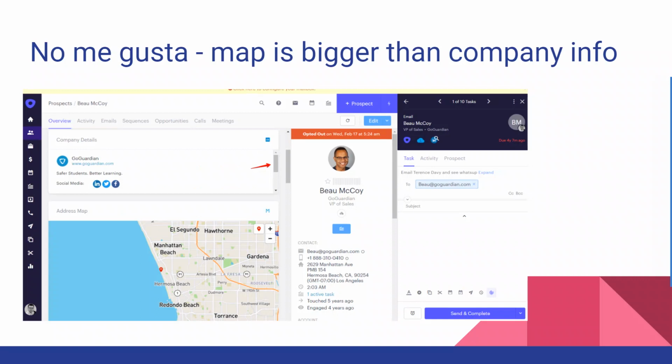This is something I didn't really understand, this UI decision, and I found it very inconvenient and annoying, so annoying that I decided to talk about it in this video. I could not really see all the company details here. I had to use this toolbar thingy slider